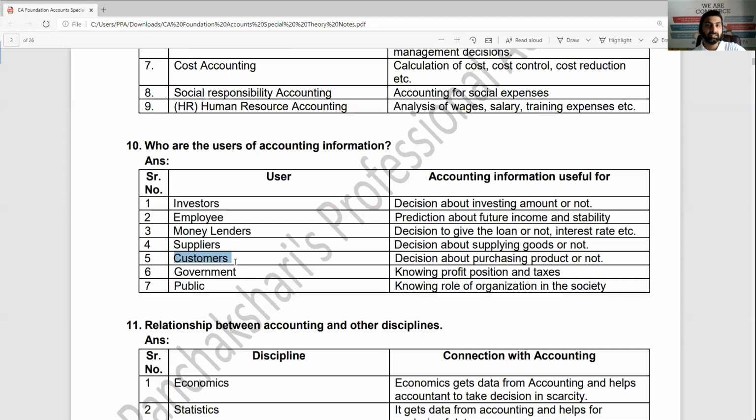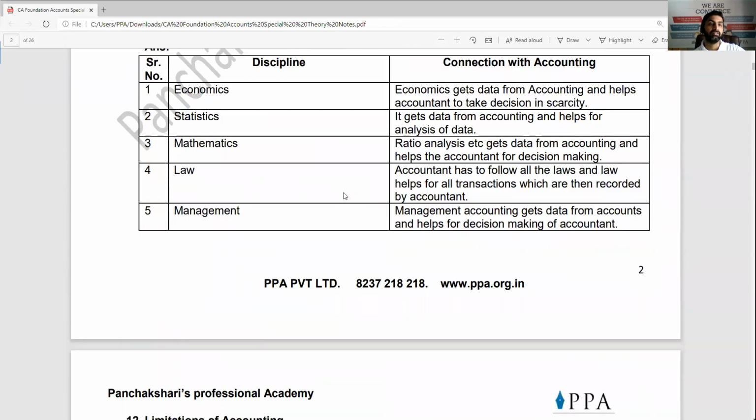For example, if you purchased a car and that company went into liquidation, that is sold out, and the operations are stopped, then from where will you get the spare part and service? Government is also interested so that it can charge some taxes on you. Public in a way is interested so that they can understand from the customer's point of view, from the investor's point of view, as a part of society also, what you are contributing to them. So these are different users for the accounting information.